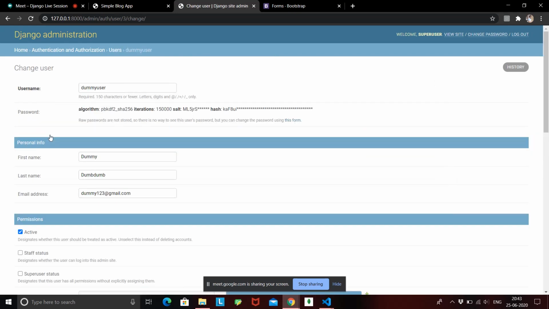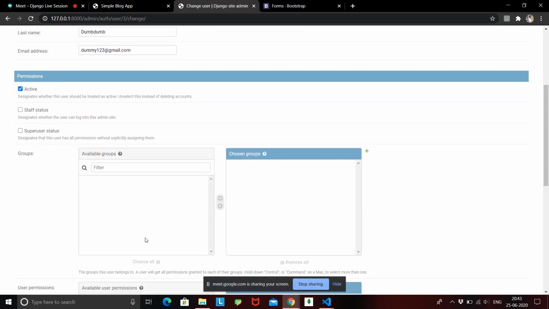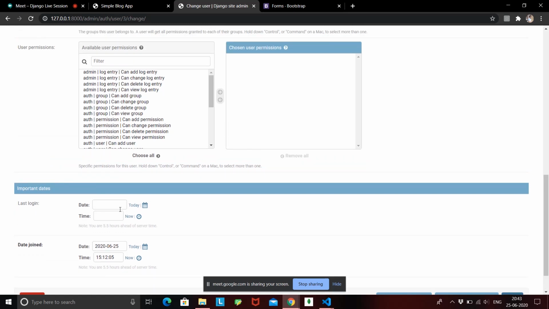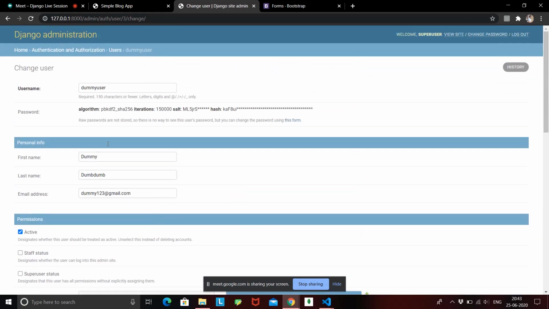If I see his information, we have a username, a first name, a last name, and then we have his email address. We can also give him some permissions, that is we can give him super user permissions, we can filter some data, and there are many more things. You can also see when this was created. This was created today, that is 25th July, and then you can also see when he last logged in. His login history can be seen over here. So this is how basically the login page works. You have his username and the password is now encrypted.